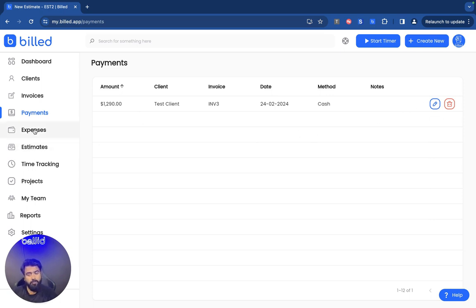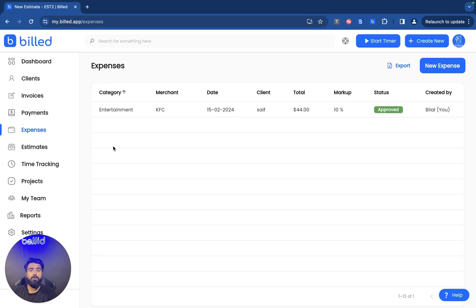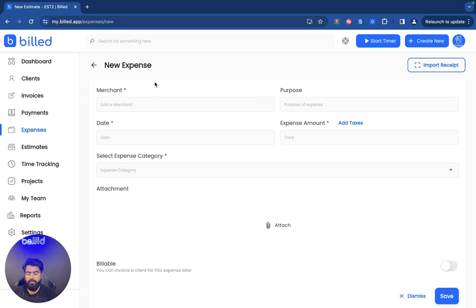Now let's move on to expenses, where you can track all of your business expenses, and you can approve expenses from your teammates as well. When you add your teammates, they'll be able to track their expenses, and you'll be able to approve or reject them from here. So you can click on the new expense button to track a new expense,